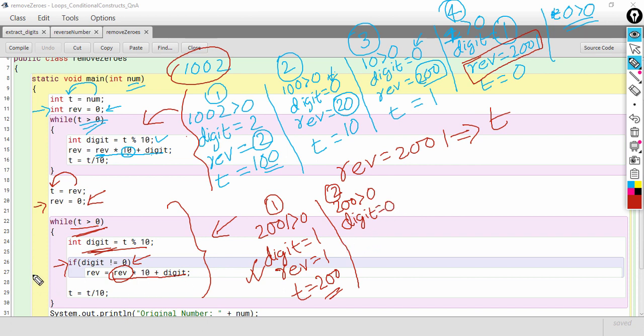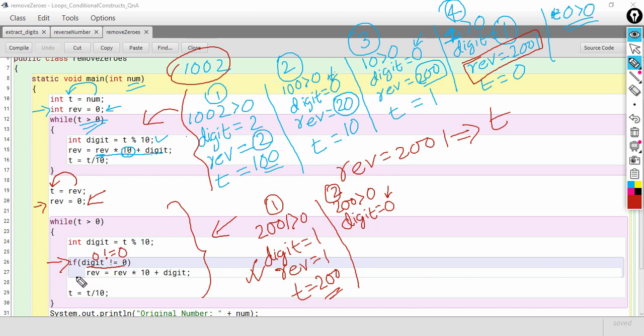Okay. Digit is 0. Now control will come to line number 26. Now here in line number 26 the condition will be false. What is the condition? Digit is not equal to 0, but if you see digit is 0, so 0 not equal to 0, condition is false.